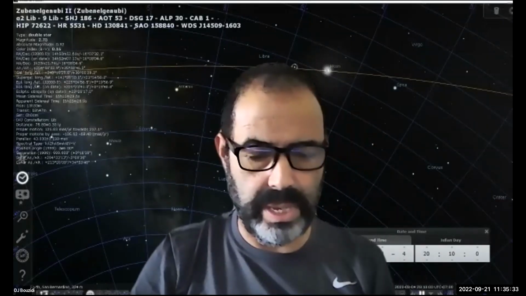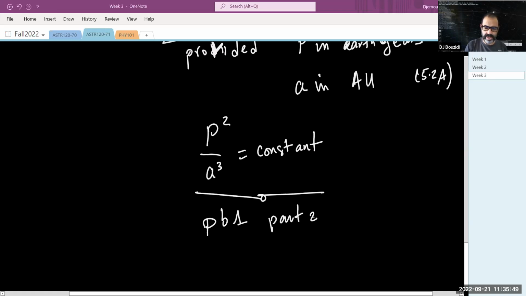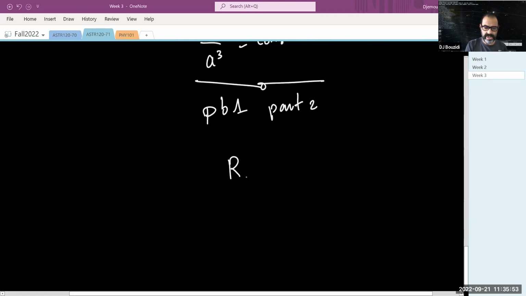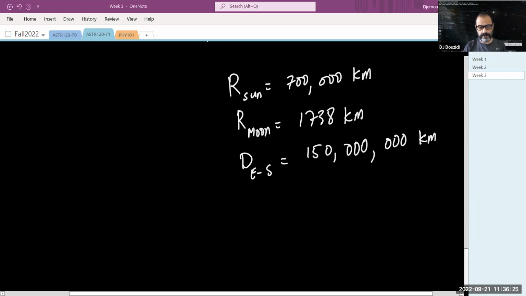So let me share with you the other one in here. Actually, let's write it in here. This is problem one, I'm sorry, from part 2, because it has 2 parts. What we have here: the radius of the sun is 700,000 kilometers, I know 696,000 kilometers. The radius of the moon is 1,738 kilometers. I could say it's roughly 1,700 kilometers, so that we make life easier. The distance Earth-Sun is about 150 million kilometers. The distance from the Earth to the moon is